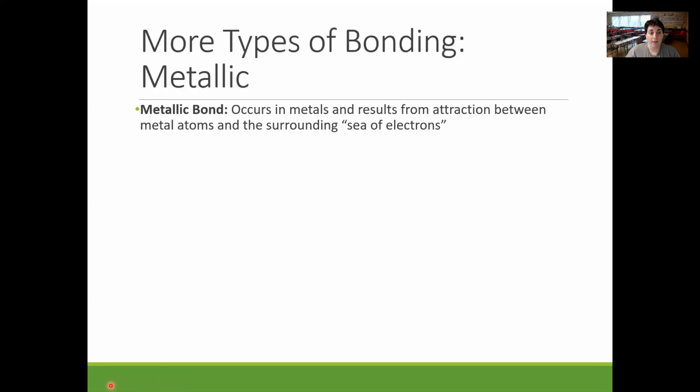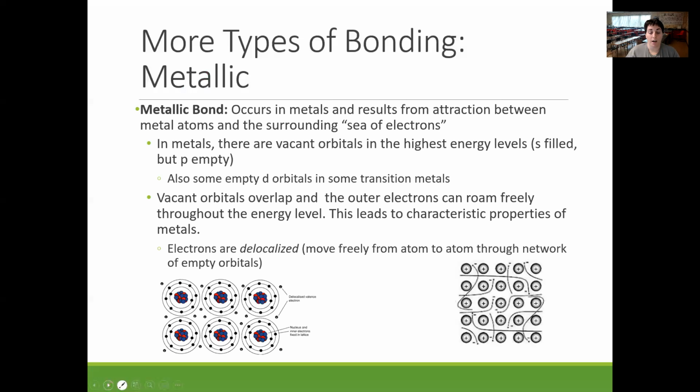There are a couple of other types of bonds. We won't spend too much time on them, but I just want to mention them because they do have some relevance to our everyday lives. So metallic bonds occur in metals, and they result from the attraction between metals and the surrounding sea of electrons. Basically, in metals,